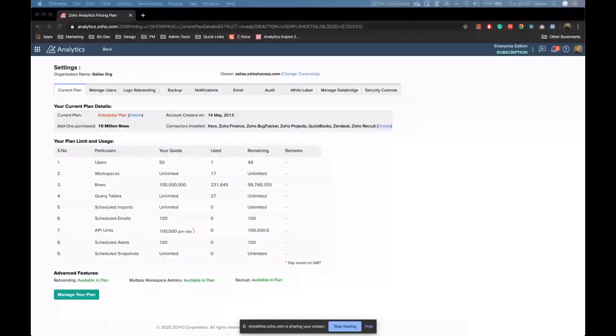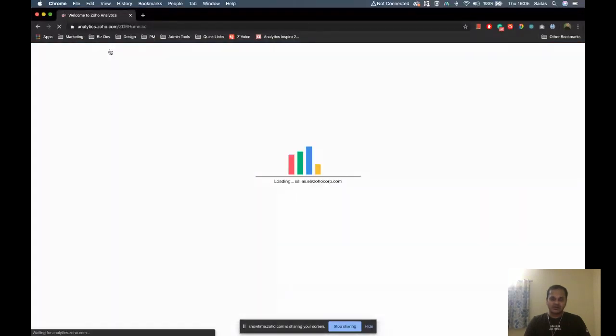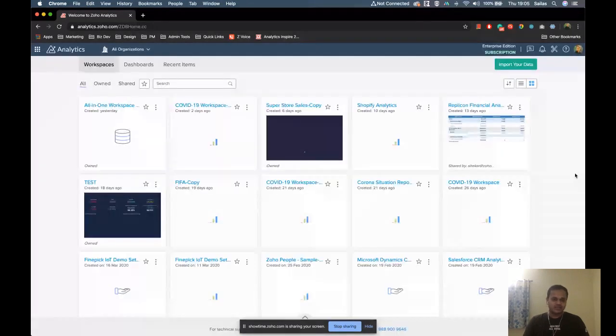So I'm trying to share another account screen. Give me a minute. All right, I believe you are able to see the entire screen now. So now I'm accessing another account here. In this other account, obviously I have some set of workspaces. I can make somebody a workspace admin, or I can provide access to a set of user-specific reports and so on. Now coming to the settings,